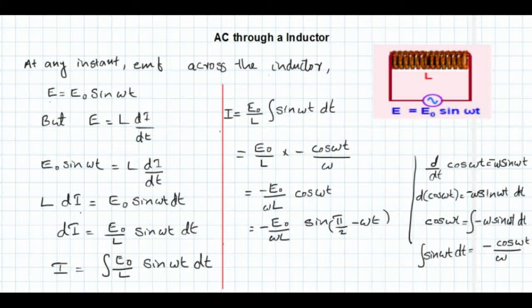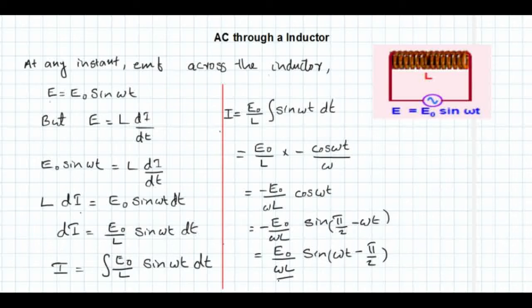Now we may take this negative sign into the bracket. Then this equation will be what? E0 by omega L into sin of omega t minus pi by 2. So I is equal to E0 by omega L into sin of omega t minus pi by 2, but again E0 by omega L can be taken as a constant, which is I0. Therefore I is equal to I0 sin of omega t minus pi by 2,